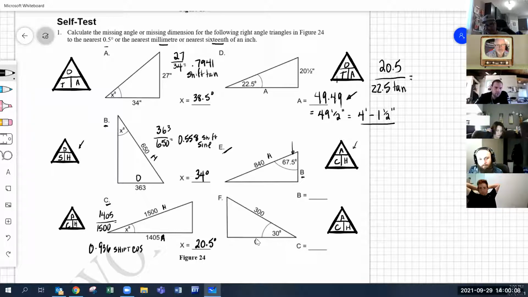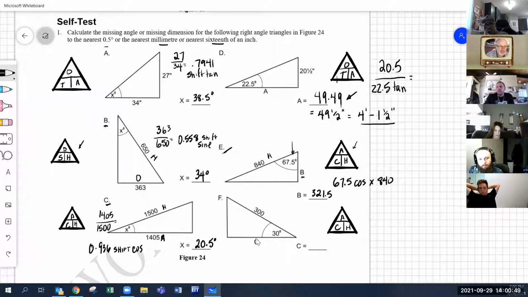So we'll use this formula triangle where we take the angle 67.5 cosine, hit the cosine button, and then times that by 840. Which gives me 321.5. Or, yeah, it's almost 321